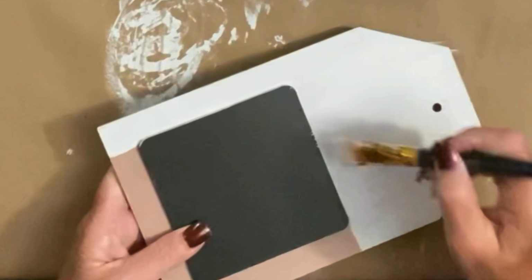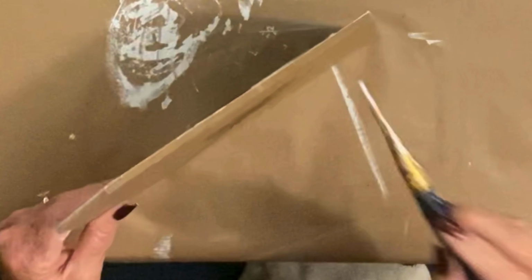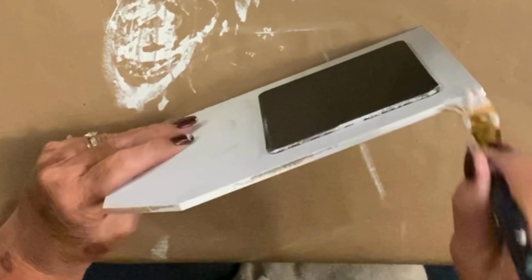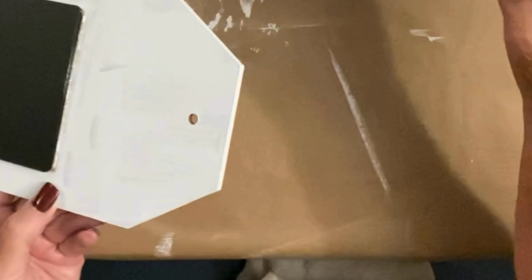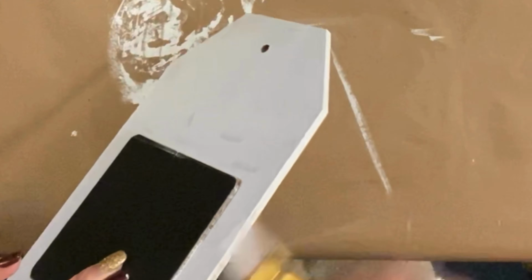So I'm going back in again, keeping with my theme with the white Waverly chalk paint, and I'm going all over the entire tag. Now, I did not do the part where the chalkboard is because I wanted to be able to glue down to that little piece without coming back up. So I left the chalkboard just like it was, and once I got my tag painted, I went in with that same exact